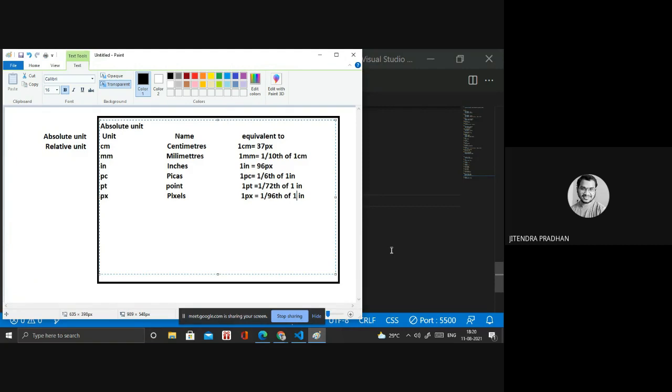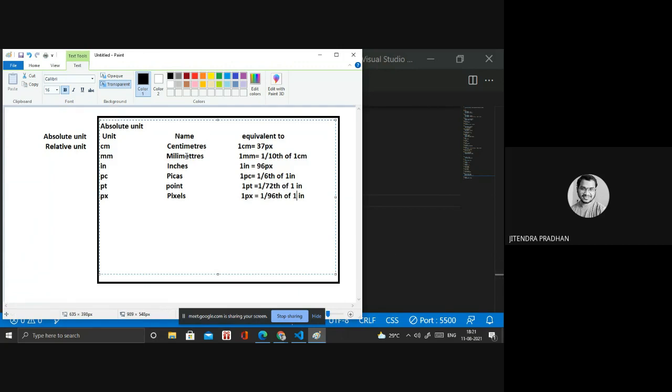So what is a relative unit and what relative units are there? Relative units are related to the content of the page. Whatever content you are writing inside the page, it is related to that particular content. The size of any element can be determined based on the parent and child and adjustment. Whatever content you are defining inside the parent depends upon the child, on what content size you are providing inside that.